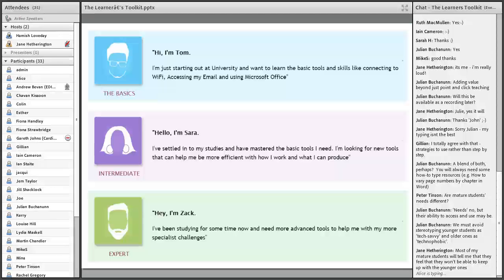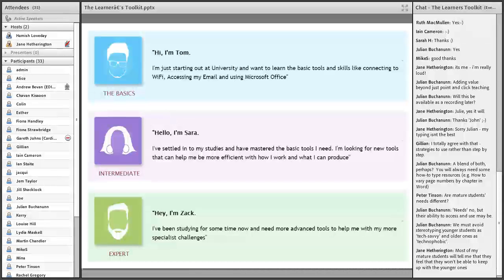So I'm going to move on to the more actual Learners Toolkit itself. Now this was a screen grab, so it's not terribly high resolution there, I'm afraid. What we started off with in the Learners Toolkit was the idea of having 3 people. Now, yes, these are generalizations, but this is our attempt at breaking down how the resources are presented in a way that we hope will be